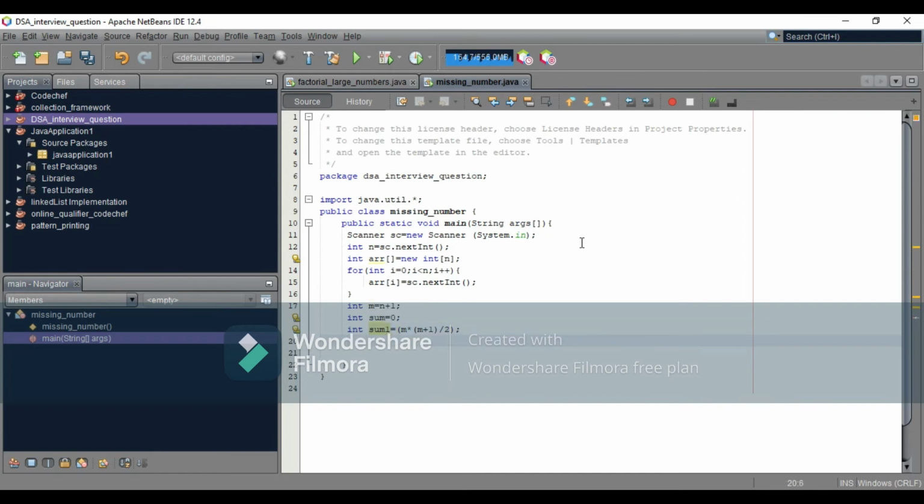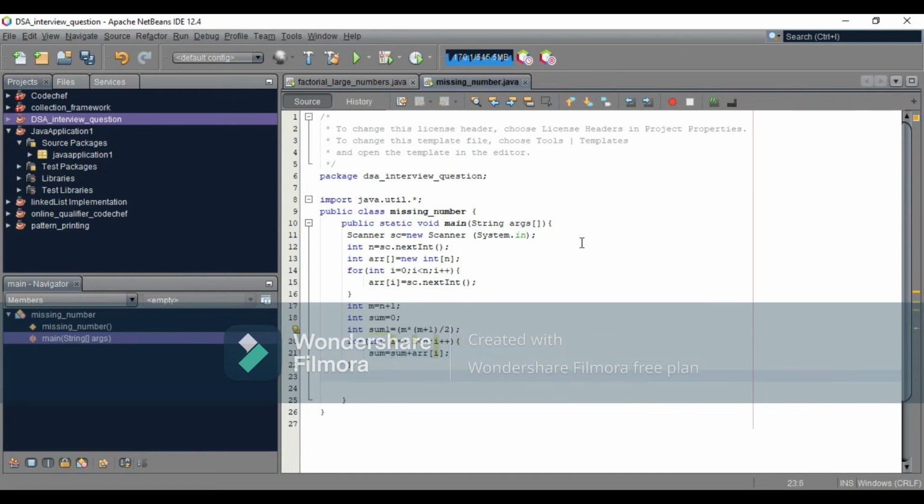And after that we have to find the sum of all the elements in the array, as for int i is equal to 0, i less than n, i plus plus, and find sum is equal to sum plus arr[i].